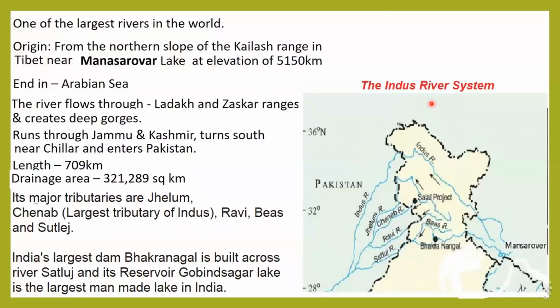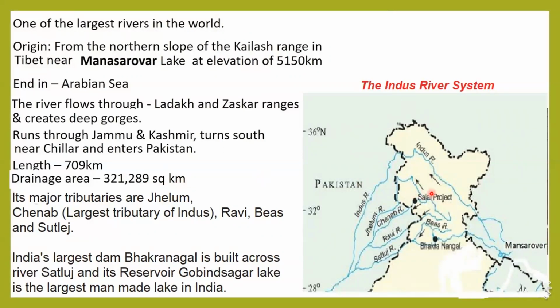Now let us see about the Indus River system. Indus is one of the largest rivers in the world. It has its origin from the northern slope of Kailash range in Tibet near Manasarovar Lake. See, the Kailash range is here. This is Manasarovar Lake, which serves as the source of river Indus. It runs through the state of Jammu and Kashmir, turns south near Chillar and enters Pakistan. Its length is 709 kilometers and the drainage area is